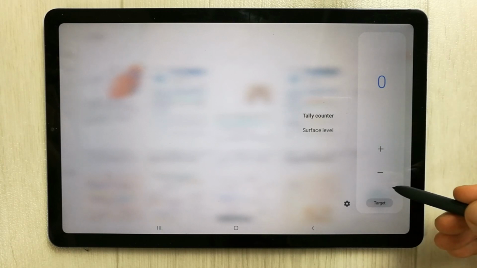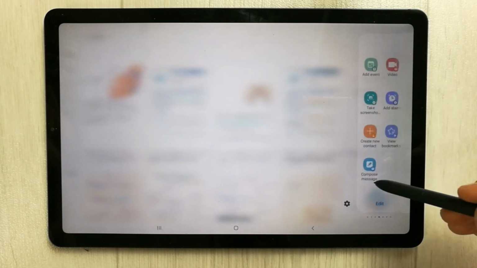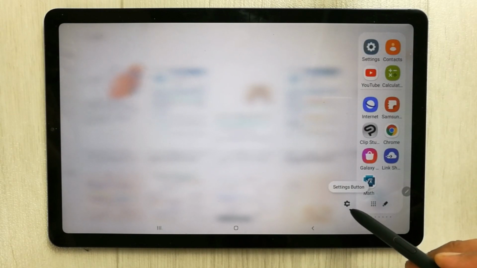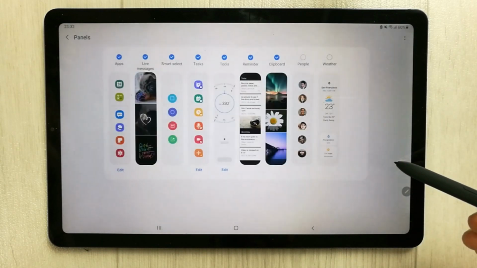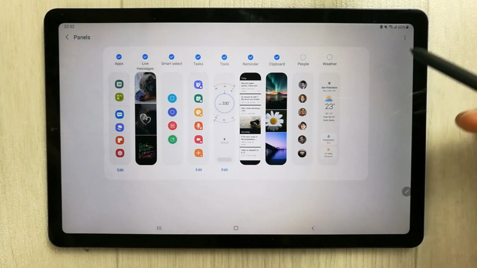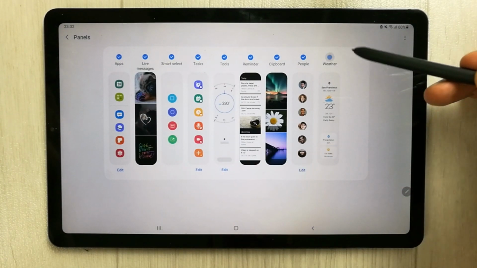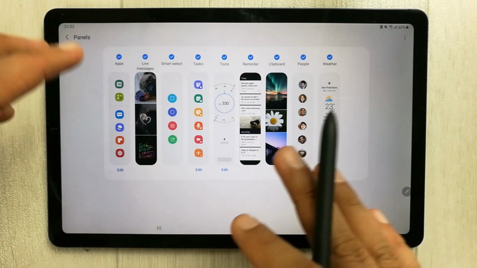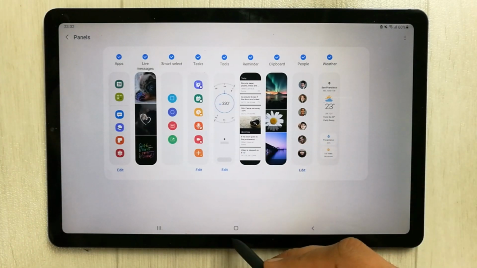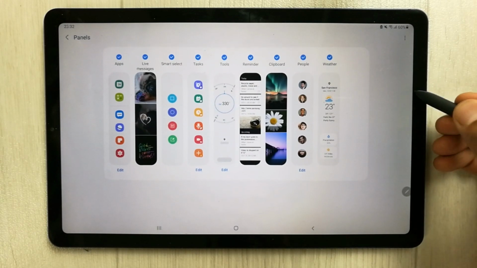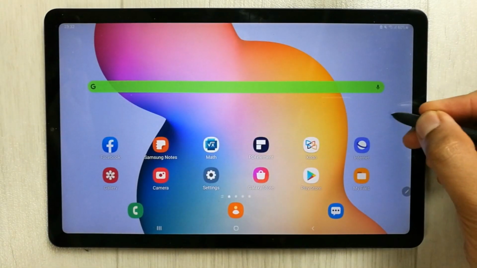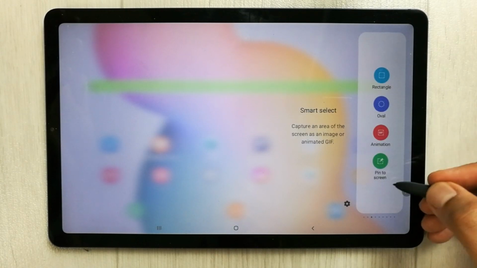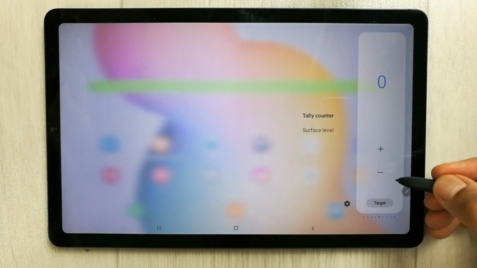Okay, if you want to use this one, and if you want to edit them, you can also edit these options. Just simply go into this settings button, just select it and it will show you all the options. For example, if you want to add people or weather, you can also add. Okay, so these are all options available into your panel, and then simply you can just scroll them. I will show you. Just go back and then take it out, and then simply you can scroll them to have all the options available. You can see over here.